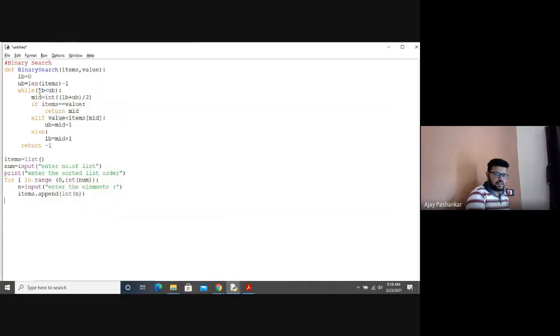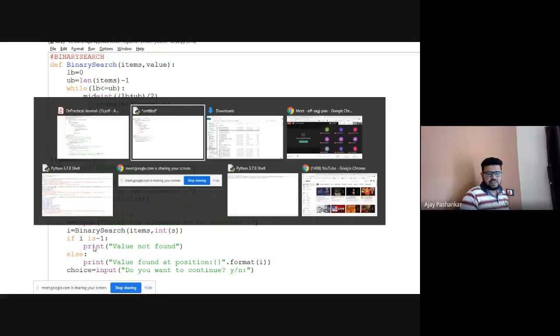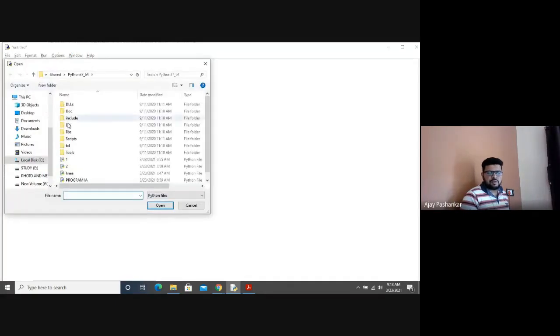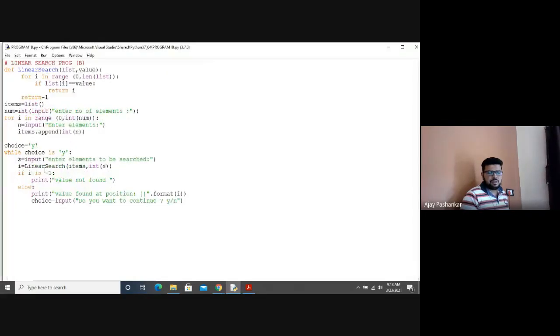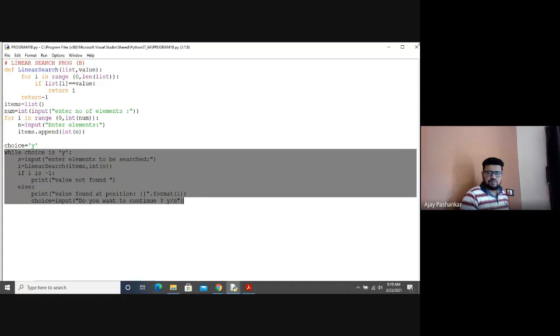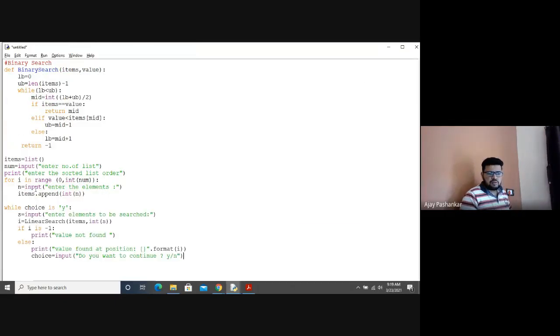Then again, we are using the same thing, choices and other stuff. The choice is y, enter the element to be searched, binary search. We'll just copy that from the recent program that we have created. That much part is okay. So while choice is yes, y.